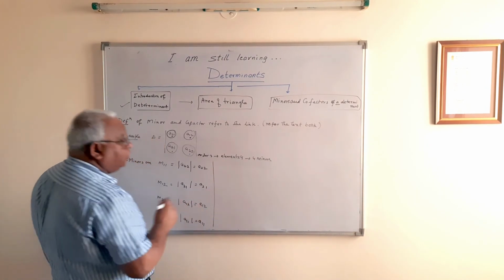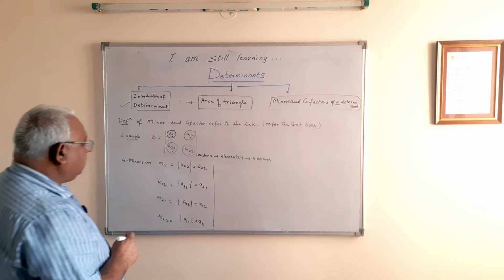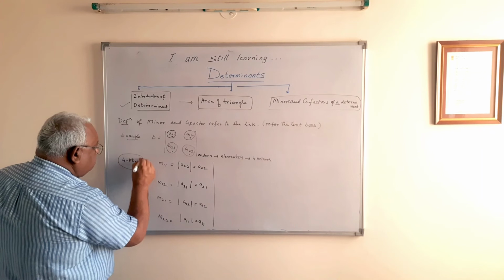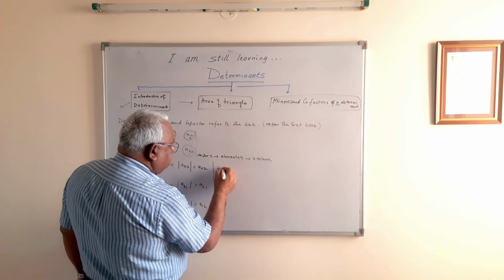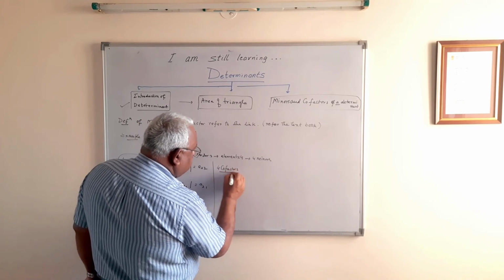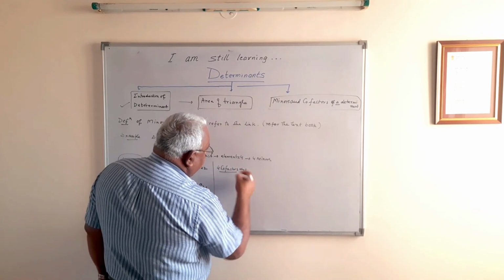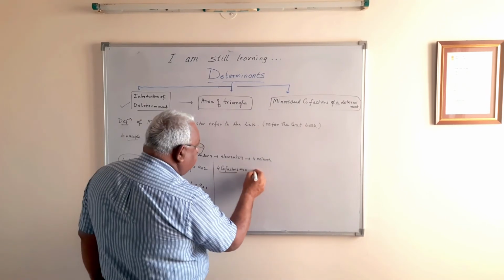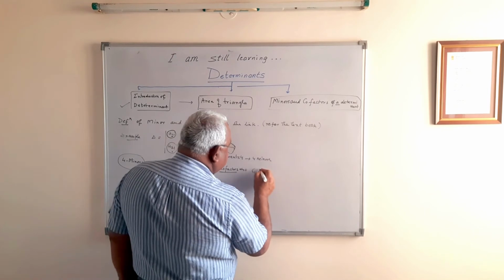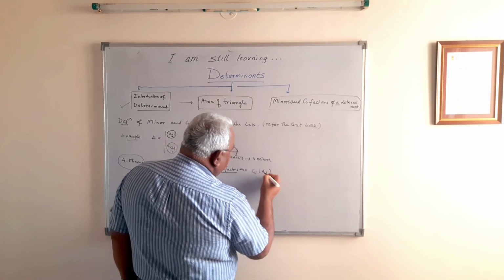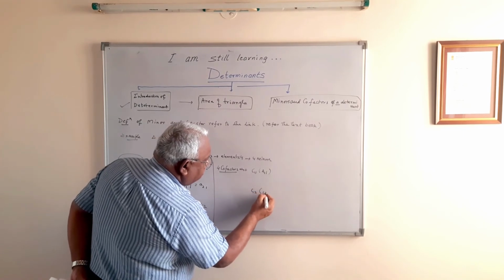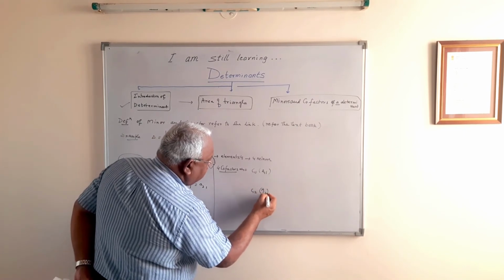This is your minor part. And there are 4 minors and there are 4 cofactors also. So I prefer to use C11, but in your book it is also written as A11. So you can be comfortable whichever way you are comfortable. I am more comfortable with C.